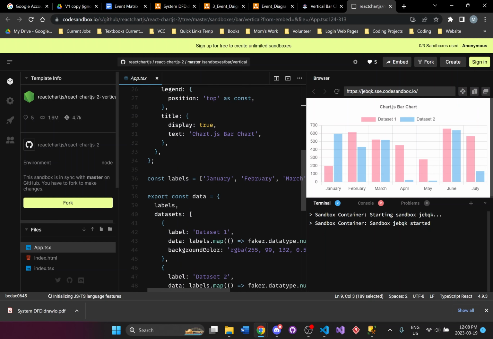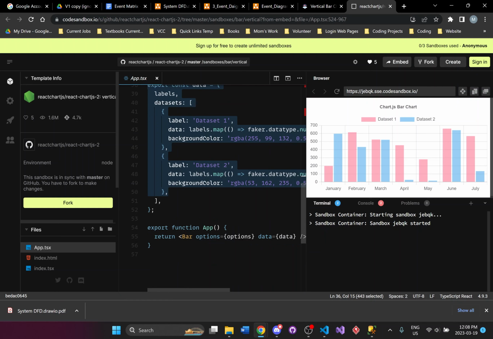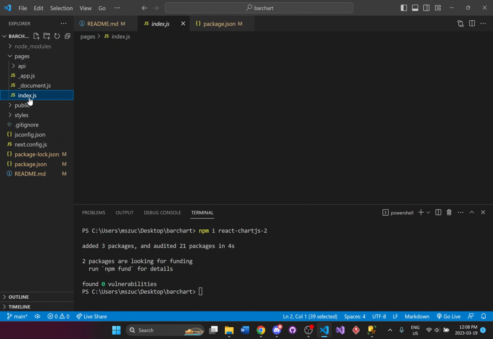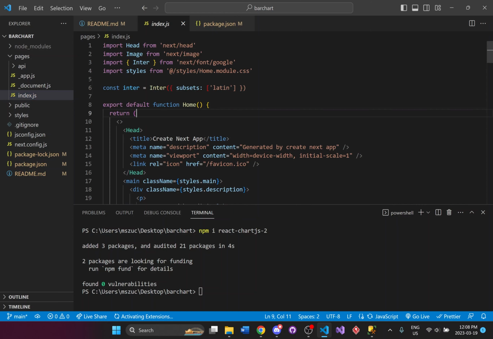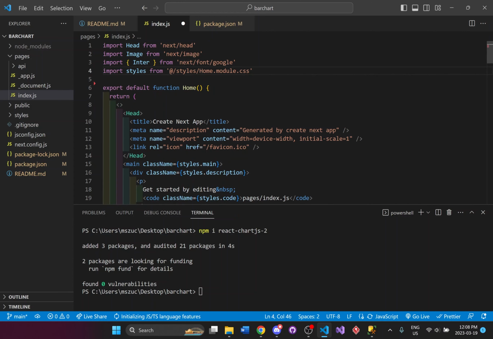But you can see here we have a bunch of data that we need to set up as well. So let's actually set some of this data up. And we're going to go to our pages, index.js. And right over here, I'm going to delete this Inter, and also this part for Inter as well.